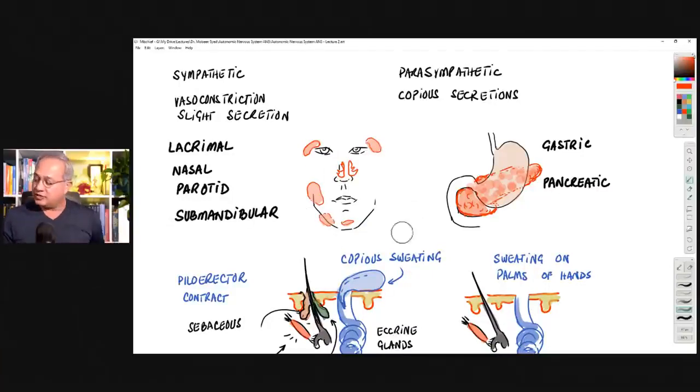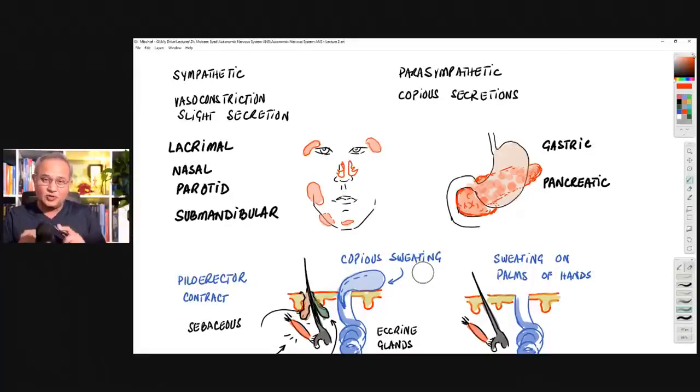Okay, so now we are talking about the glands. Now think about it for a second. If you are running away from a lion, do you want to have spit? Do you want to turn around and spit on the lion and hope it would go away? Do you want your GIT to start becoming active and start having secretions? And maybe one person starts having diarrhea or vomiting. Is that a good time for that? No. Is that a good time to urinate?